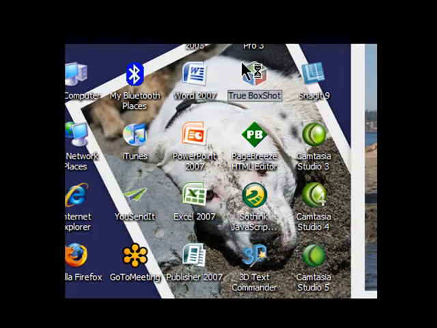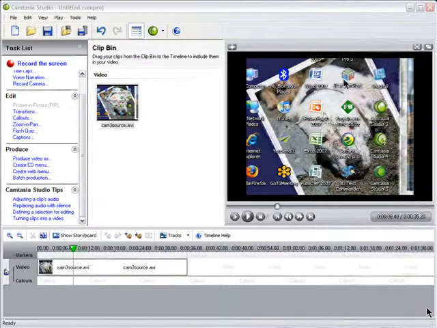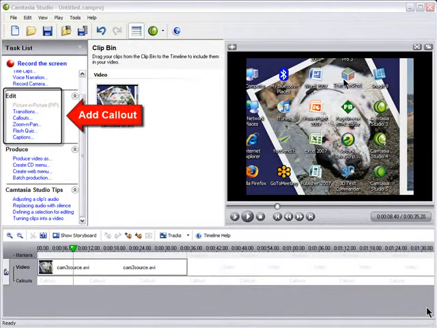Here's a short video that I've made, and we're going to add a link here at the spot on the video when we come up and click on the True Box Shot icon. To do this, first we record and open the clip in Camtasia Studio. Drop it onto the timeline, and then come over to Edit,